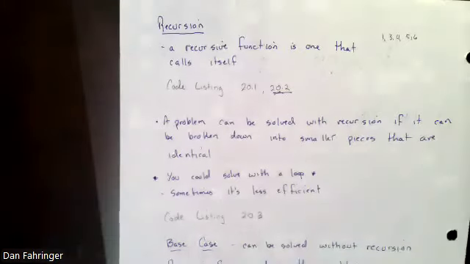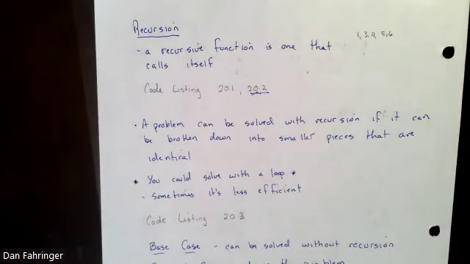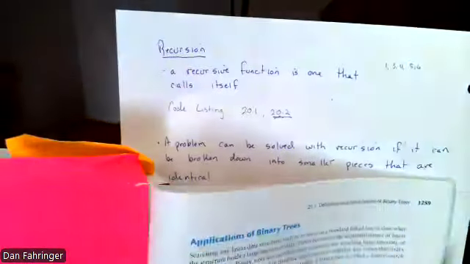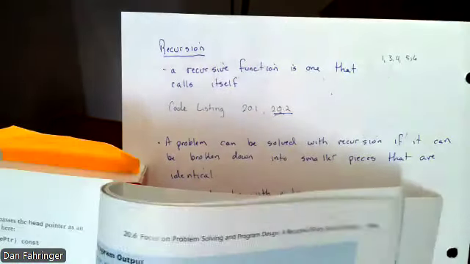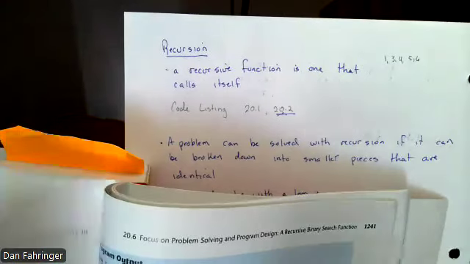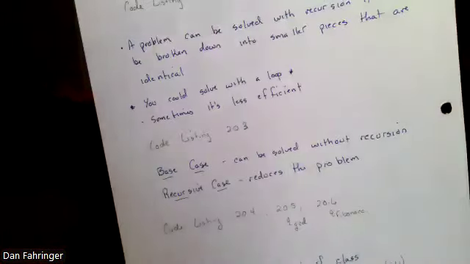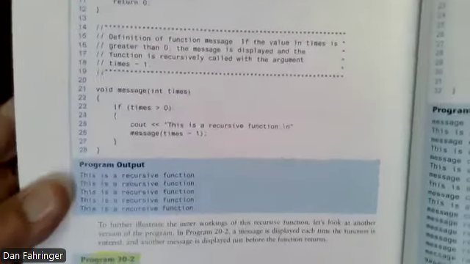Okay, so recursion. As you know, a recursive function is one that calls itself. We can see lots of different ones. Code listing 20.2. Somebody's backing up the truck. Code listing 20.2. That's close. 20.2. Good job, buddy. We have